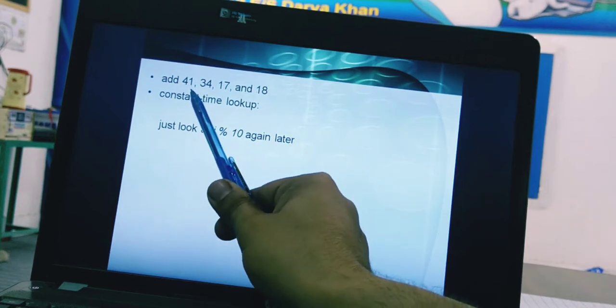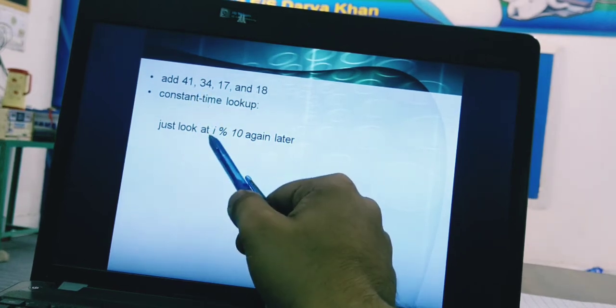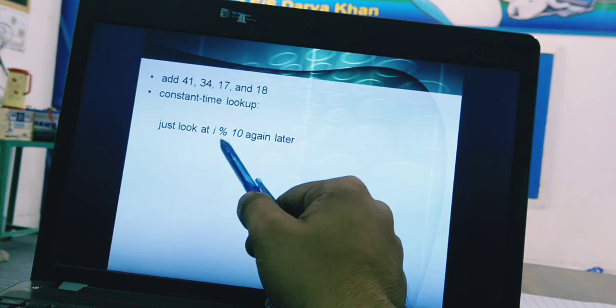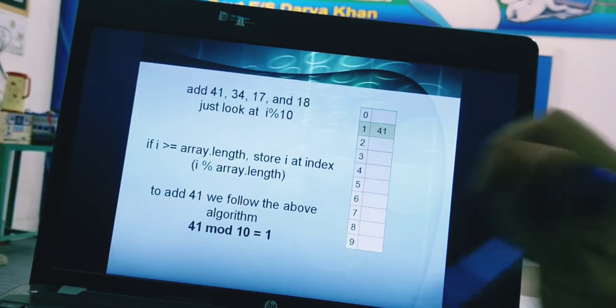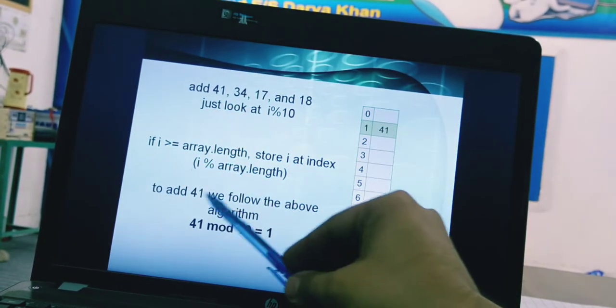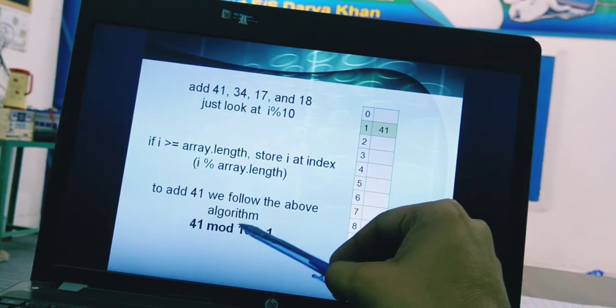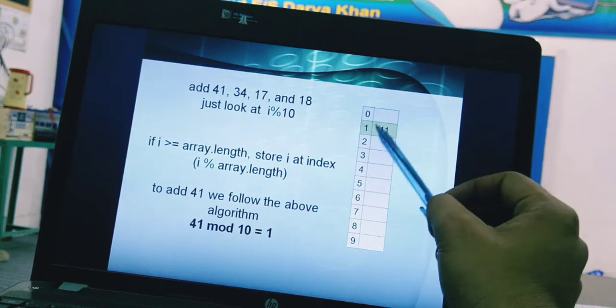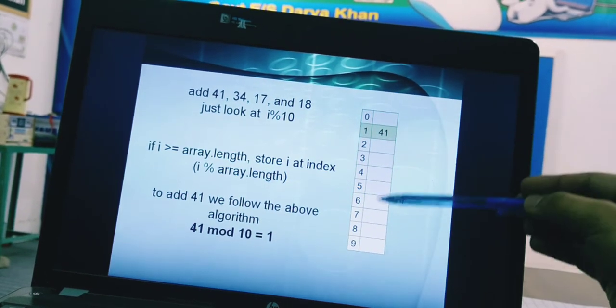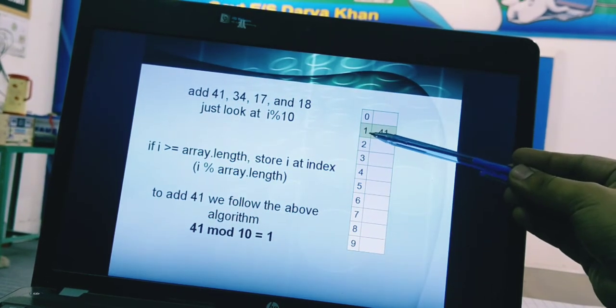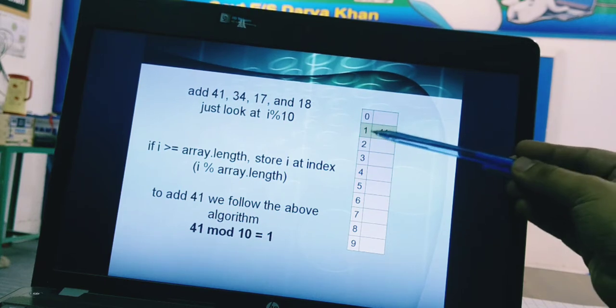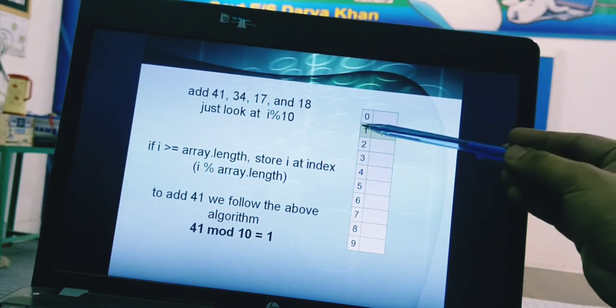First of all, we take 41 as the key. 41 mod array length is 41 mod 10, which is equal to 1. So in the hash map, 41 is placed at index 1.